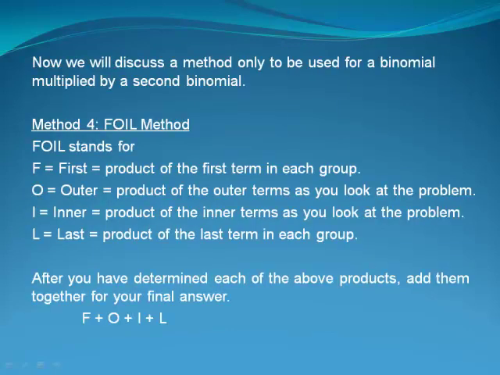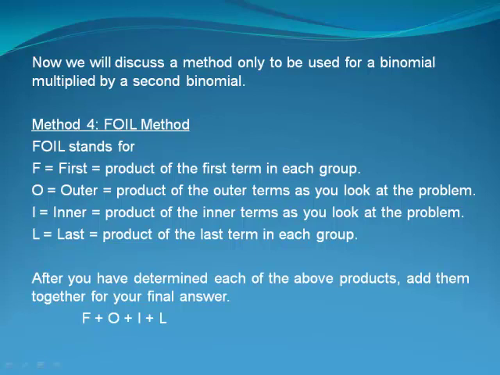Now we will discuss a method only to be used for a binomial multiplied by a second binomial. So although I do have this labeled as method 4, you need to recognize that this is a special case method that only works for 2 terms multiplied by 2 terms. So method 4, or the FOIL method,